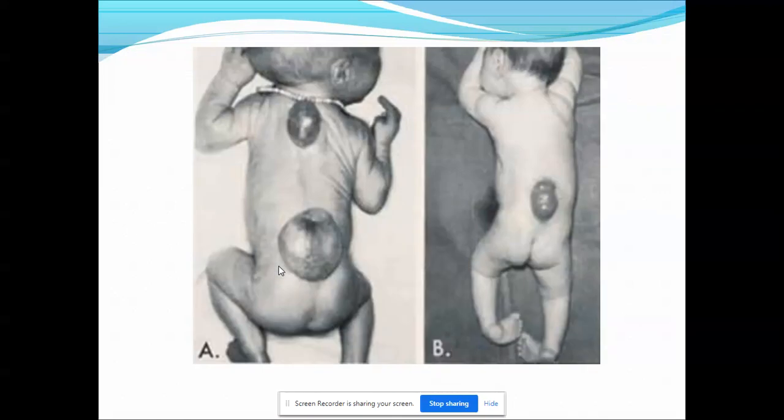Okay, so now you can see this picture, picture A and picture B. You can see clearly that the baby is having spina bifida. If you see the baby having this protrusion on the posterior aspect of the spinal column, some kind of protrusion on the skin, then you can make sure some higher investigation can be done like CT scan and MRI, and if it looks like this on observation, then we know that the baby is having spina bifida.